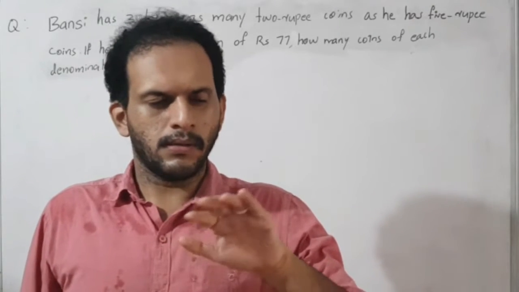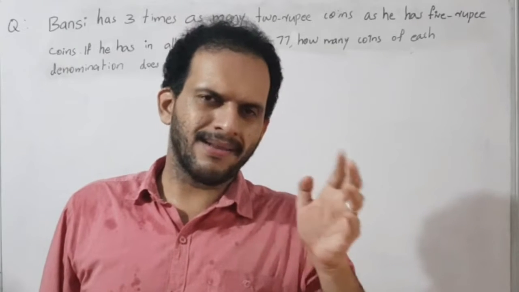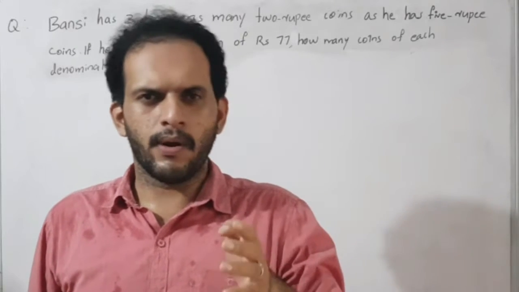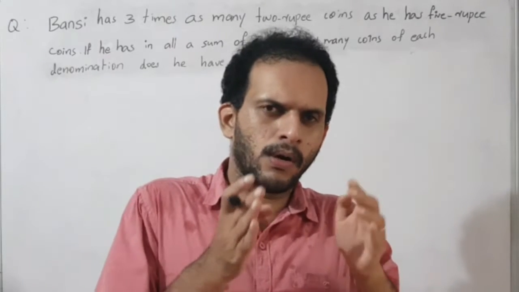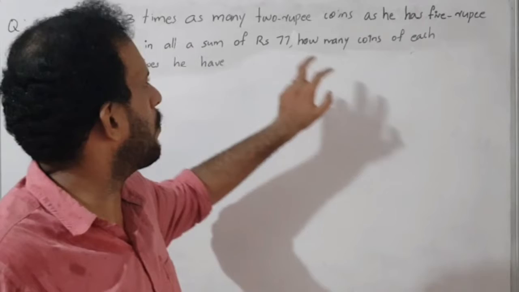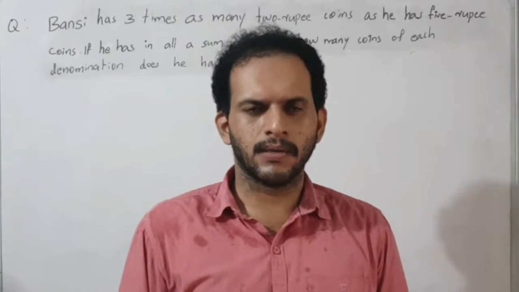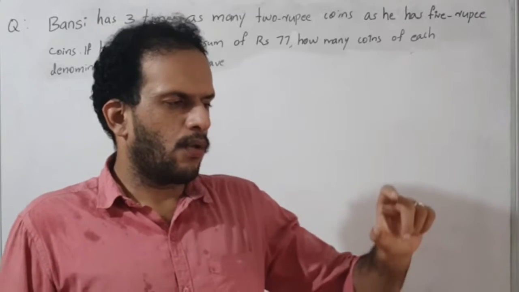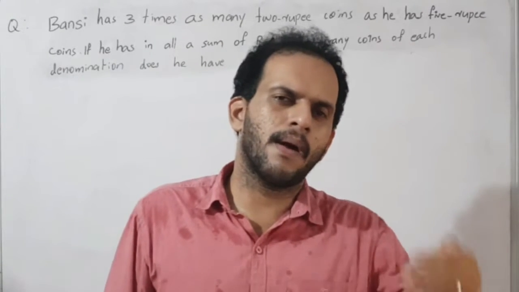What is the question? Bensi has two types of money. Some coins are 2 rupees, some coins are 5 rupees. If we add the amount from 2 rupee coins and the amount from 5 rupee coins, we will get the total equal to 77. Correct? So what is the question asked? The question asked to find the number of 2 rupee coins and the number of 5